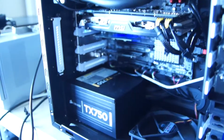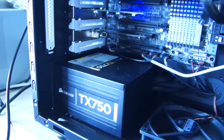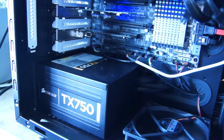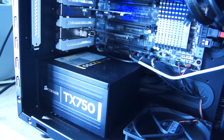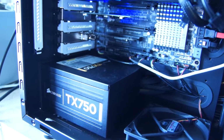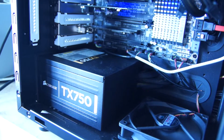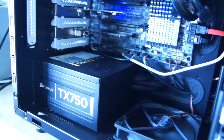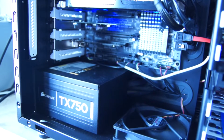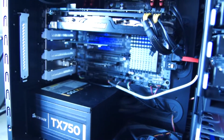Okay, next we have the Corsair TX750 power supply. This is the version 2. Really nice, quiet, enough power. On heavy loads, when I'm rendering stuff or playing games, I get about 186 watts. It drops down to 150s to 160s when I'm doing medium stuff. So the highest I've noticed is about 186 watts. On idle it's about 120. Keep in mind the processor is 130 watt TDP, plus I have